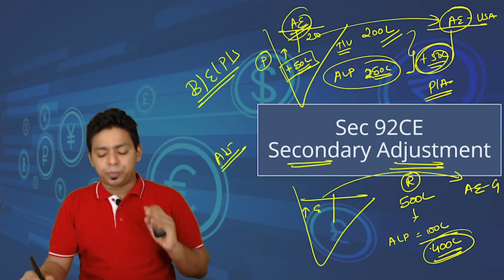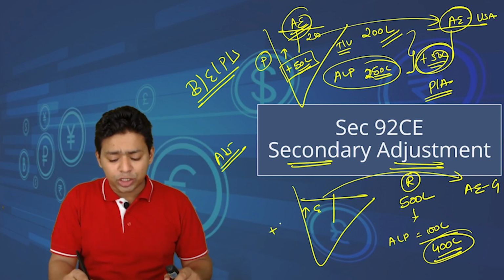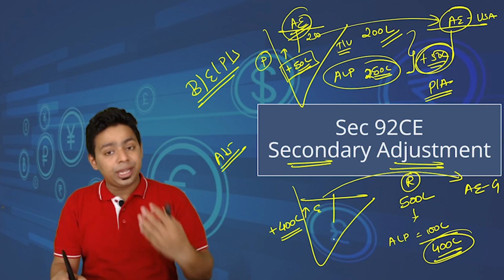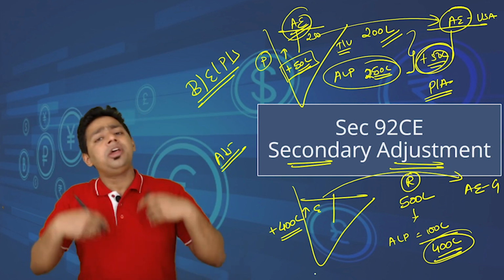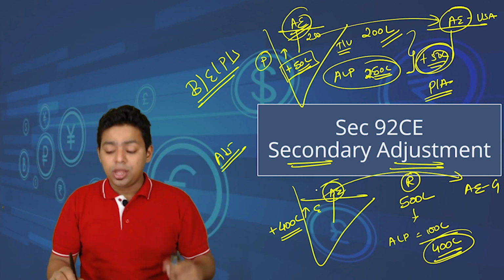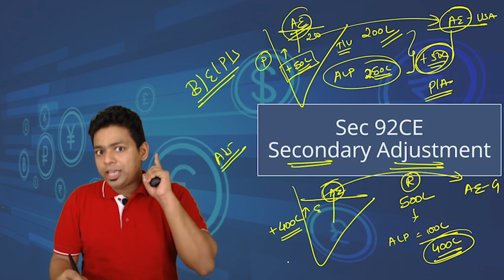By applying the transfer pricing provision, we will disallow this 400 lakh, meaning thereby we will add back the 400 lakh to the Indian entity's total computation. We will compute the tax, we will recover the tax. That's a primary adjustment. Now India is talking to this associate enterprise and explaining to them, please make sure